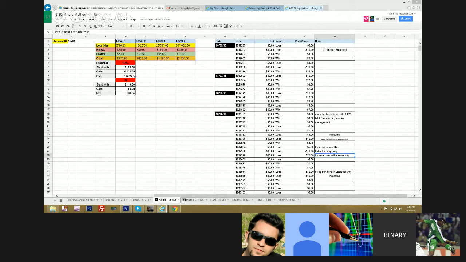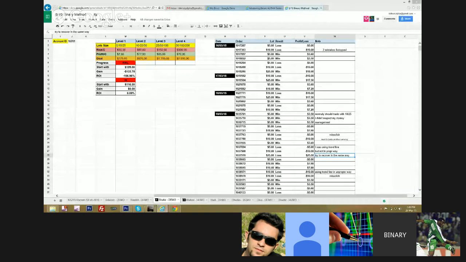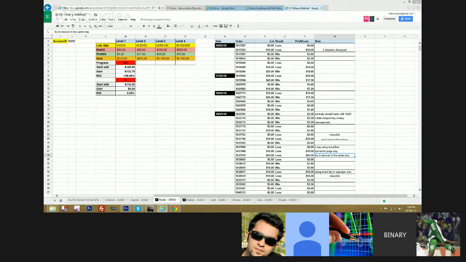And with the 25 lot size, I tried to recover in another cycle actually, but I made just the same mistake. And then I got angry about myself, and I wanted to recover at any price, no matter the price. But I got some good trades, some winning trades, and I should say also that I didn't respect my money management,